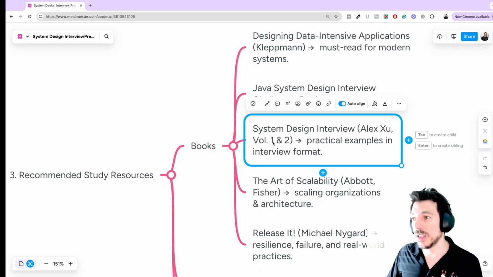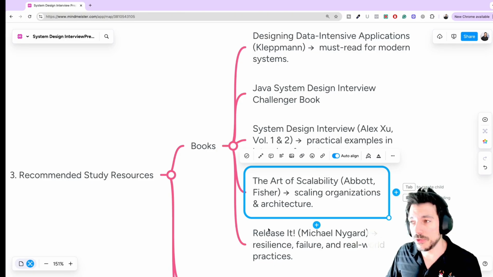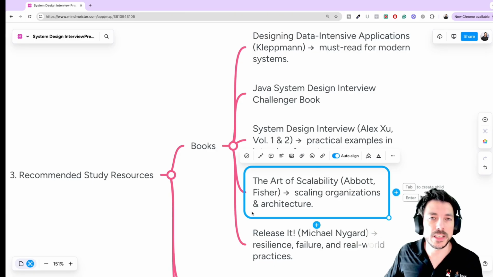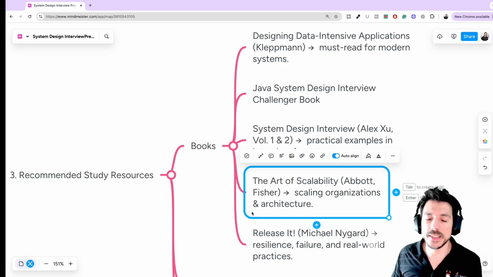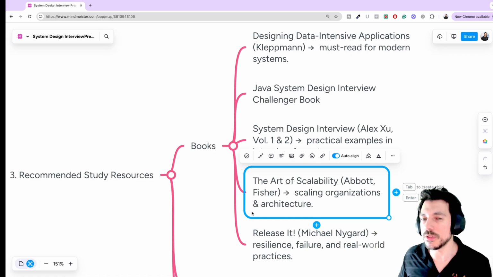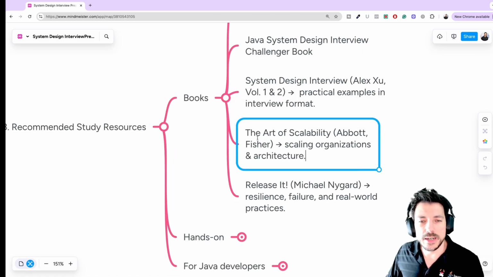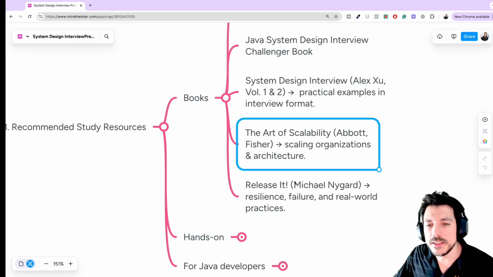It needs to be practical, and you need to practice doing mock interviews as well. And you have to remember that it's going to be a process. Like, it won't happen overnight. System design is complex. It takes time. So if you're not used to designing microservices, expect that it will be a process. It won't happen overnight. So there is this book, The Art of Scalability.